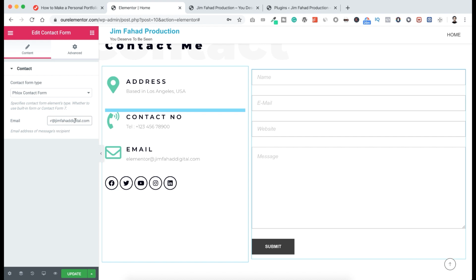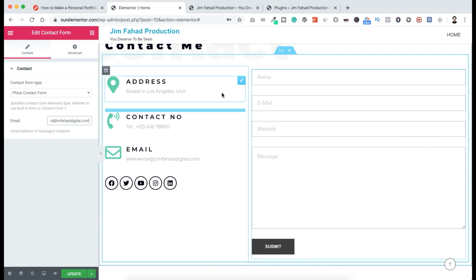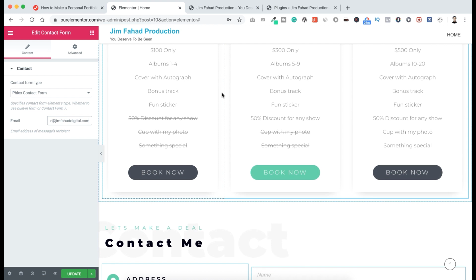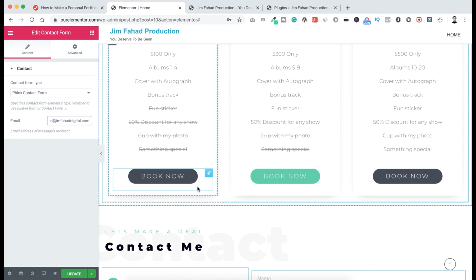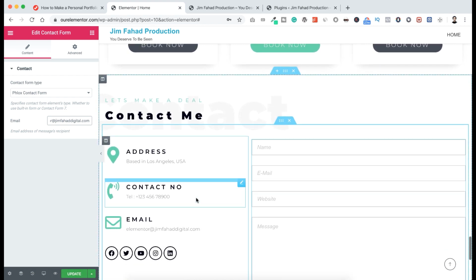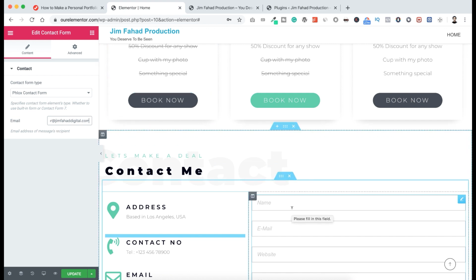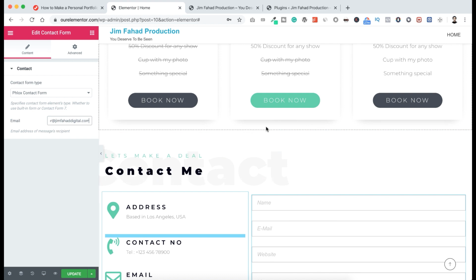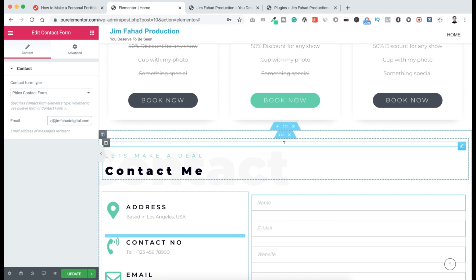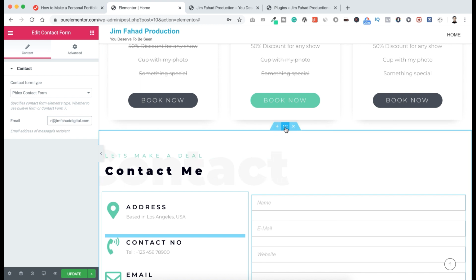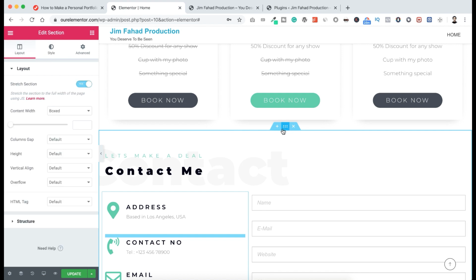Now I want to show you an interesting thing. We have the pricing table here and here's the Book Now button. So I want it to behave like when anyone clicks on this Book Now button, the page will jump to this contact form section. So these buttons will be jump buttons. Let's see how we can do that. So before that, we need to know each section has its own CSS ID. To get that, click on these 6 dot icons